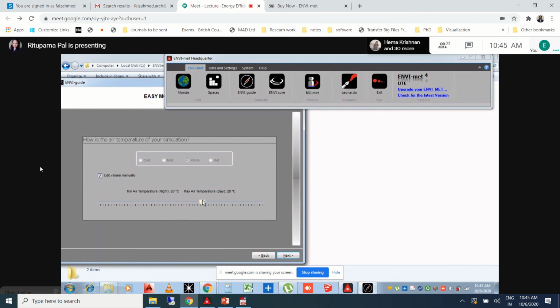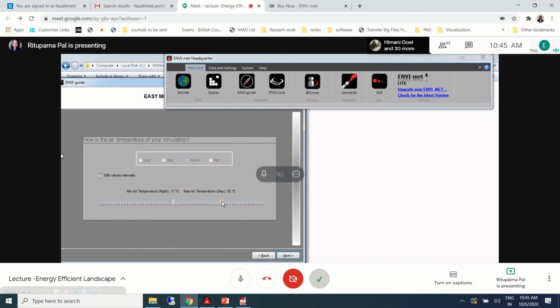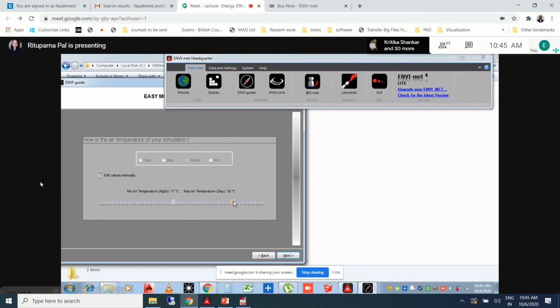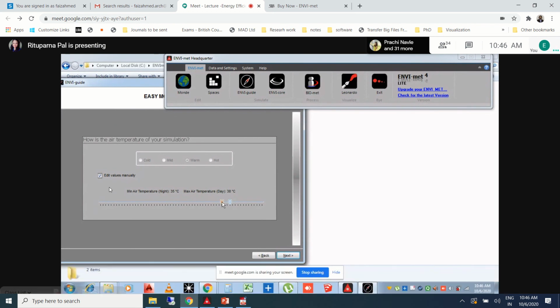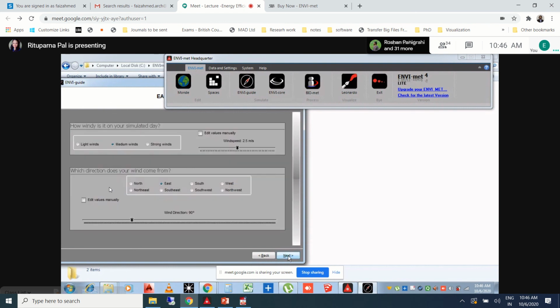Wait. Okay, no, you first increase the maximum. Yeah. So the maximum temperature is maybe 38, and the minimum temperature is maybe 35. Okay, for Vijayawada. This is just for understanding. No, minimum is not that high, madam. You can keep it 28 or 30. It's not that hard. Okay, sir. Yeah, fine. Okay, whatever it be, we can put these temperatures like this, and we can take next.